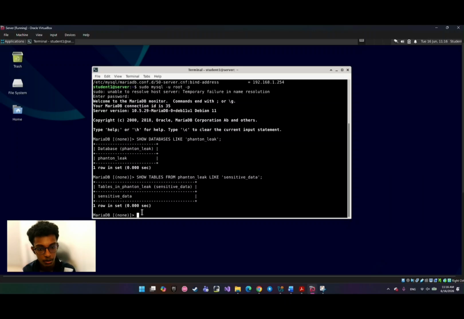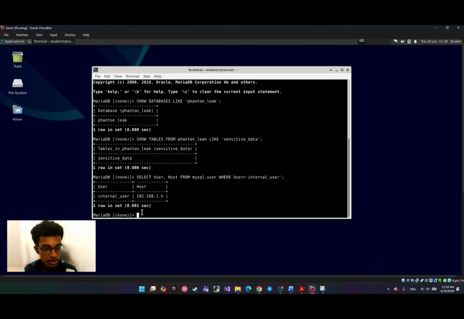To check our security access control, let's query our system privileges table for our operational user accounts. Note carefully that our account labeled internal user is restricted to the host wildcard mask 192.168.1.%. This configuration limits authentication exclusively to nodes connecting from within our internal subnet range, blocking any local server access